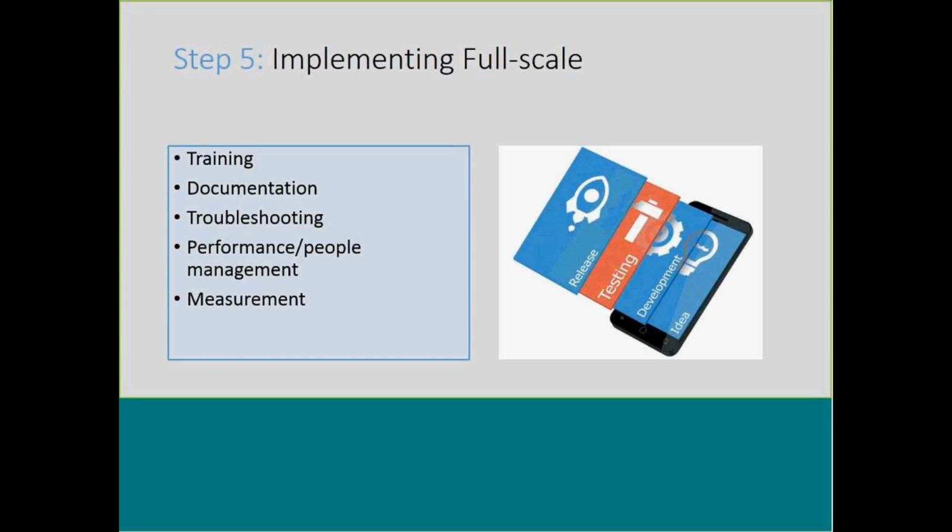We may have people that are working on a piece rate. We may have people that may lose overtime, for example. We need to make sure that they understand how this can affect them and ensure that their performance with this new process and the way that they're managed won't be adversely affected, right? Or otherwise we lose the buy-in of the people that are on the floor doing the actual work. And again, if you don't have the people support, the project will fail, right? If the people are against it,